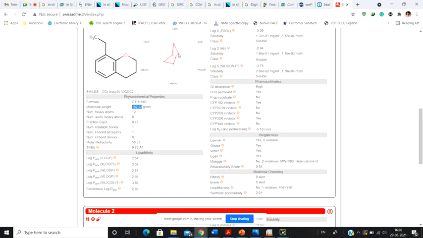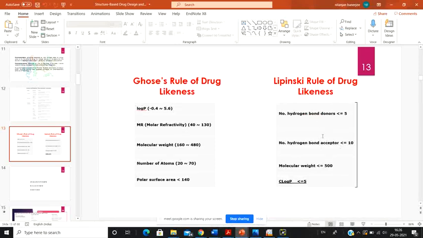So now check what this red is. This red line is actually the parameter for your designed molecule. In case of size, see, it is just at the outermost range. After that, you have the number of heavy atoms, which is 6. Number of aromatic heavy atoms, 6. Number of rotatable bonds, 1. Number of hydrogen bond acceptors, 1. Number of hydrogen bond donors, 0. Remember the hydrogen bond donor and acceptor counts must be less than or equal to 5 and less than or equal to 10.